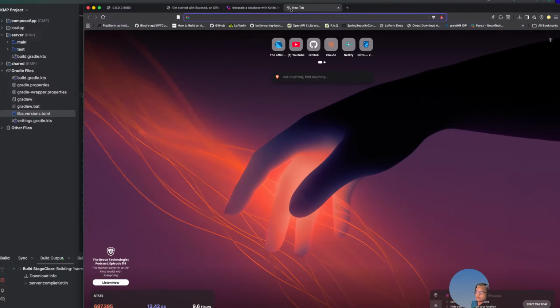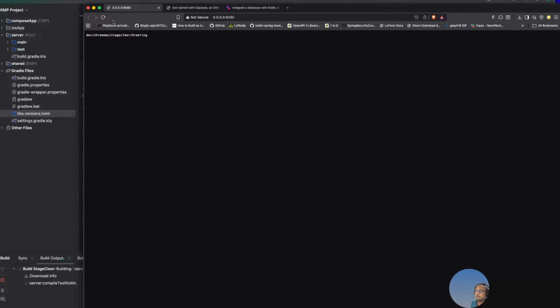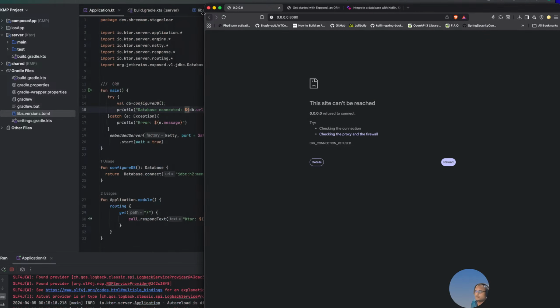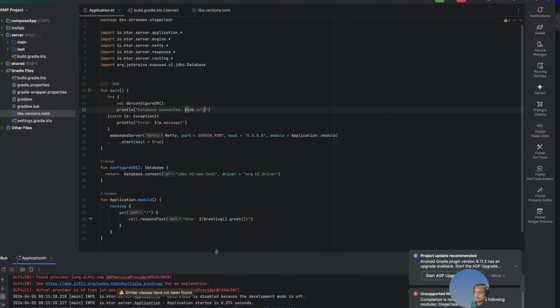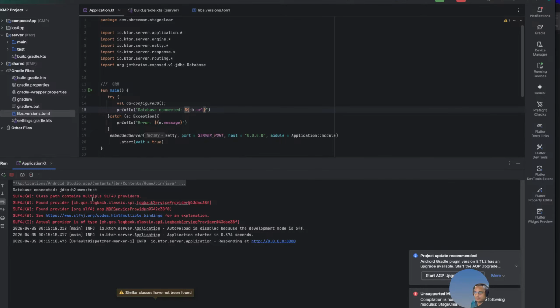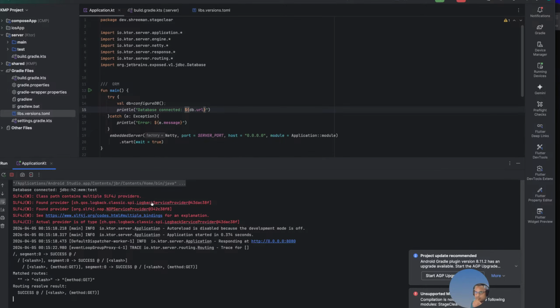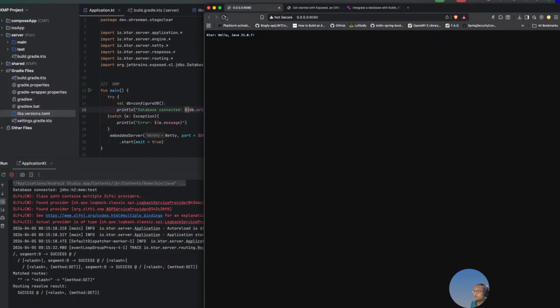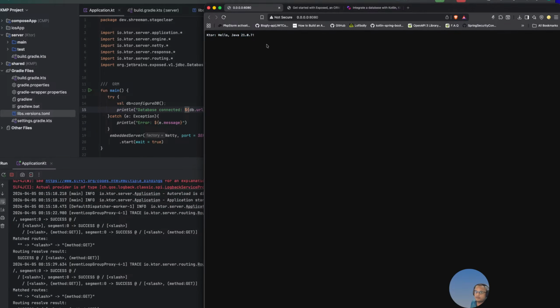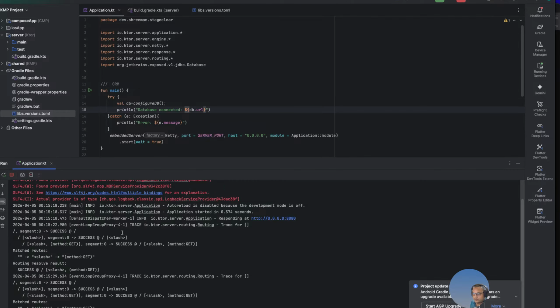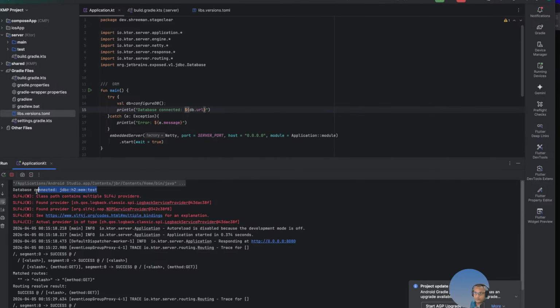Let me check with localhost here. Don't need anything more than that. I think this much it should work. Classpath contains multiple SLF4J providers. Yeah, I think it's not an issue. You can see that we are currently running on JVM 21, Java language 21, and it's working fine. We need to check whether the print statement, yeah, you can see that it successfully connected to